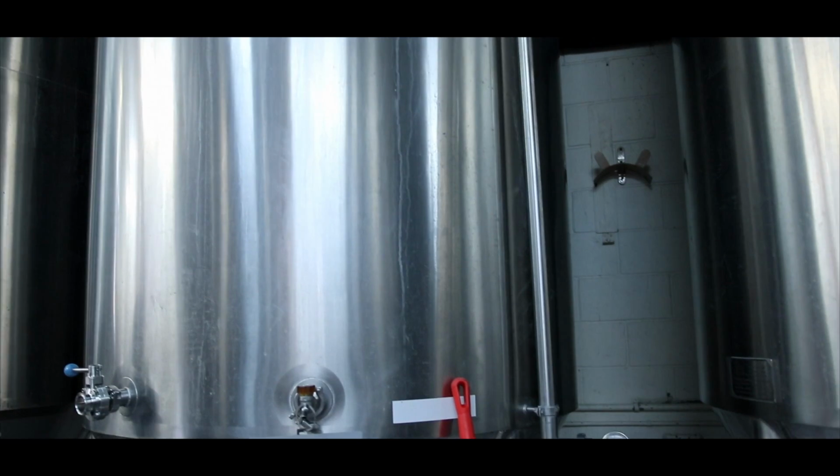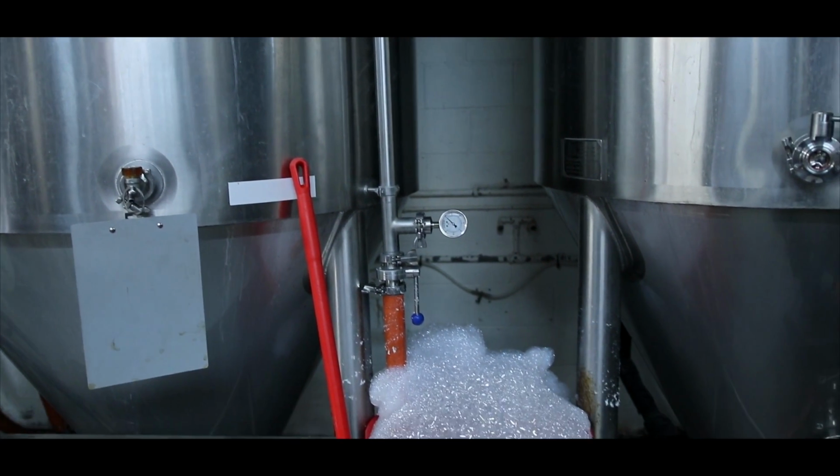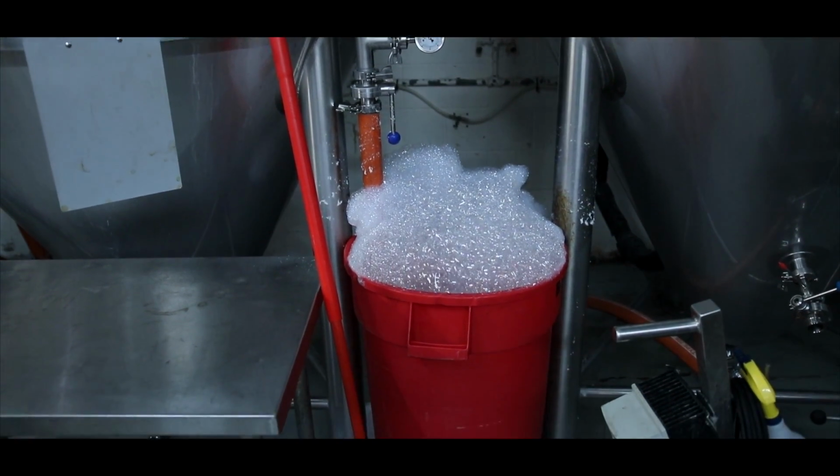Yes. And we can't just open a valve or a manway to release that gas, because that would allow oxygen or bacteria to get inside, and that's what can ruin your mash and make it taste weird. So we have to create an airlock, and we do that in a very simple way, by putting a hose in a bucket of sanitized liquid that allows the gas to escape as bubbles, but allows no oxygen or bacteria to get